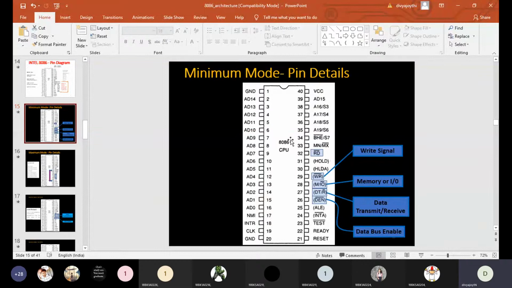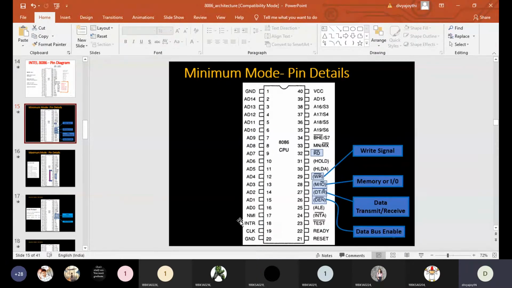So now when we are providing a value 1 to pin number 33, 8086 is ready to operate in minimum mode. So now we'll see the functionalities in between pin number 24 onwards. Look at pin number 24. It is written as INTA bar, which means interrupt acknowledgement. When it is operating in minimum mode, this pin number 24 functionality is related to pin number 18.